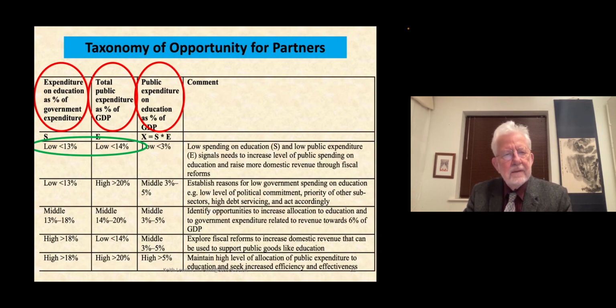So if both S and E, S being expenditure on education as percent of government expenditure, and E being total public expenditure as percent of GDP, are low,